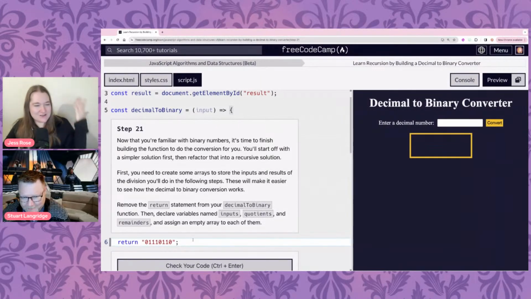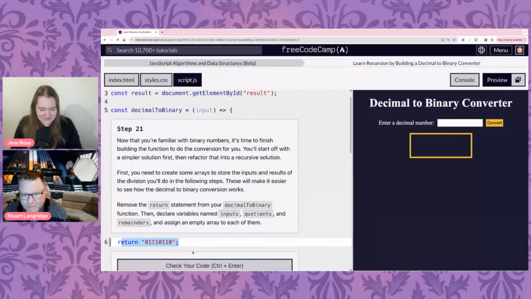So remove the return statement, then declare variables. Oh, okay. This is fine. This can't hurt us. Correct. You have the letter R there. Input. And remember, whenever you're declaring something, you want to declare what type of thing it is. Const. Is it a const or